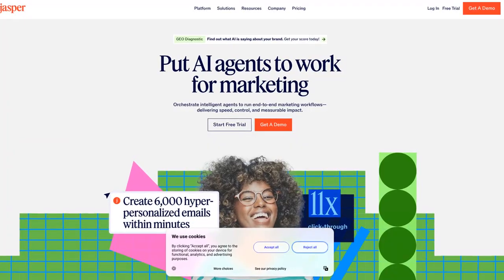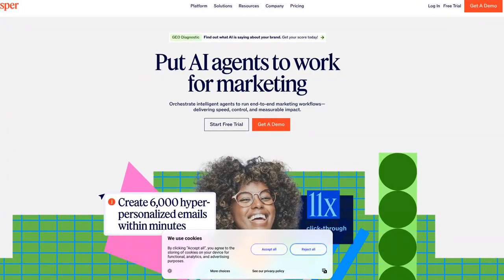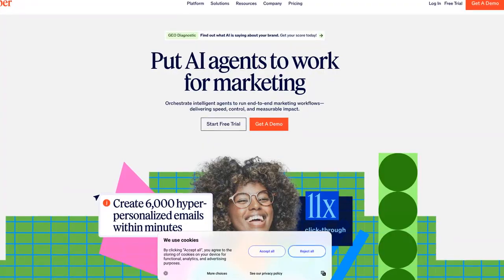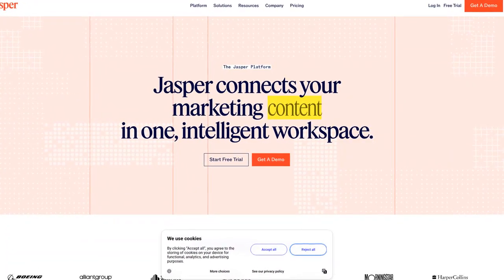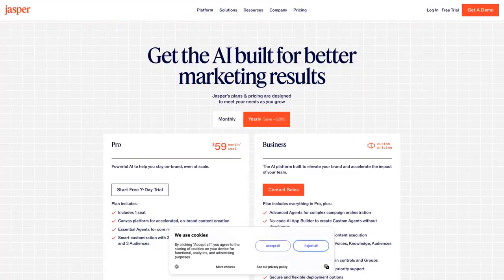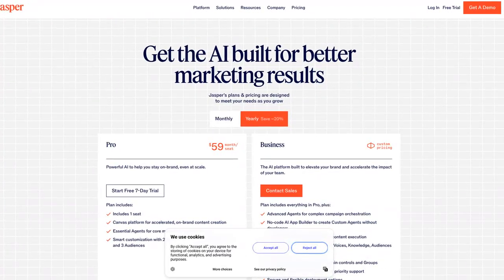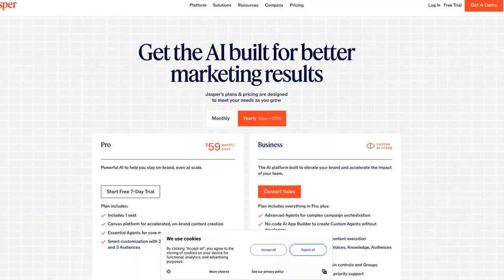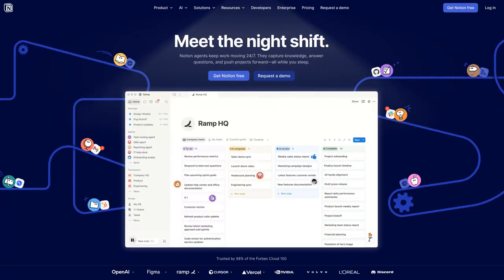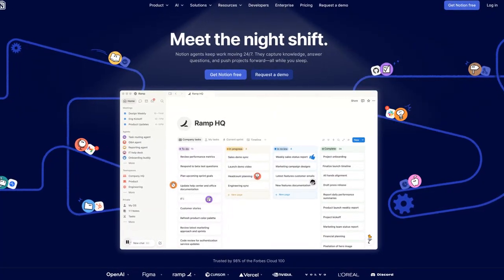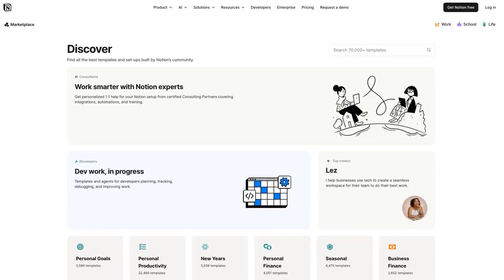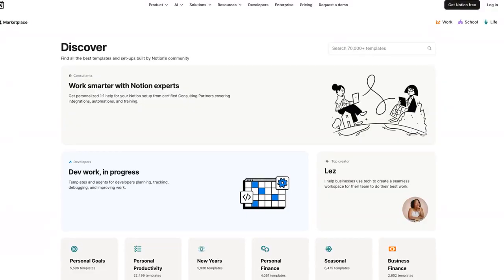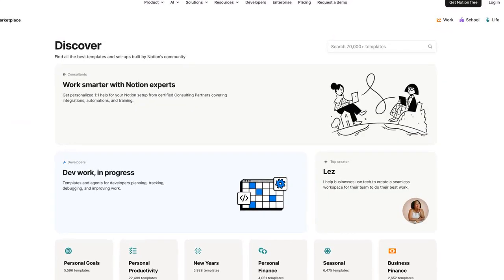In conclusion, building muscle at home with AI is a powerful and effective way to achieve your fitness goals. By using tools like Jasper and Notion, you can create a customized workout plan that's tailored to your needs and goals and make data-driven decisions about your fitness journey. Remember to stay consistent and patient, and don't be afraid to make adjustments to your plan as needed. With the right tools and mindset, you can achieve your fitness goals and build the body you've always wanted.